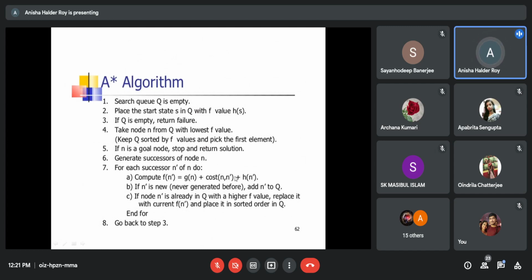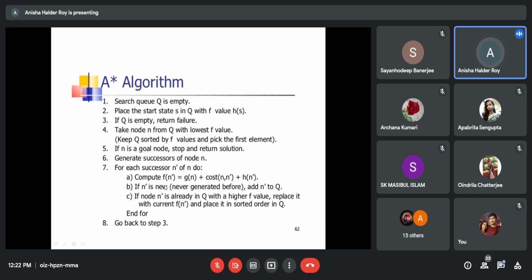If other functions are there, you have to add them, but in the simplest case, I have just taken g(n) and h(n). g(n) is from the starting node, so it is written as n, and h(n) is for the current node, so it is written as n dashed. Understand? Compute the cost of the current node.